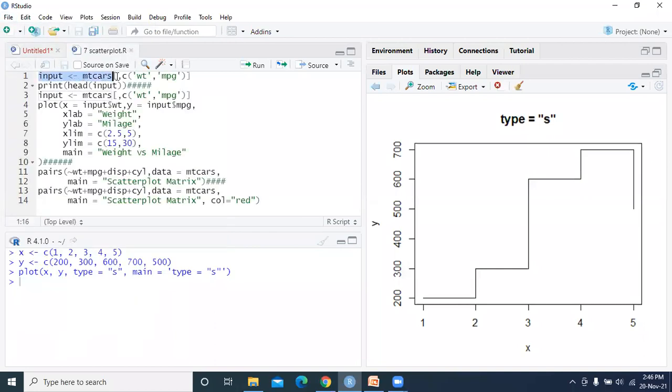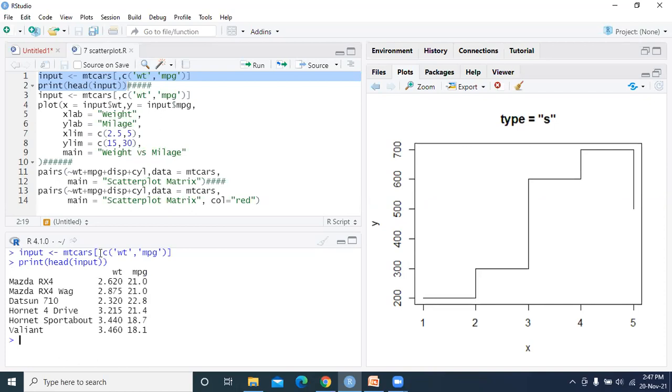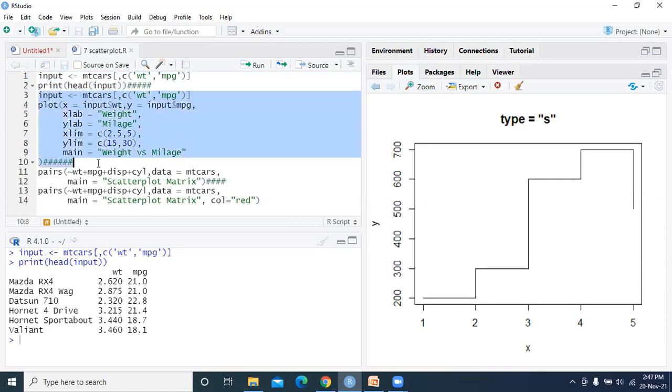So from the R programming itself, I have taken a data input of, what is my input? mtcars. And the input is weight and miles per gallon. Now we are going to draw a scatter plot for this particular input. Let us see the result.